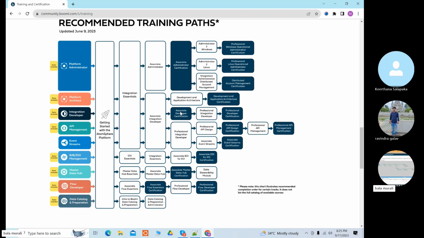Getting the certification is not important, but I'll assign you tasks. After completing the certification, I'll give you some tasks. In the tasks it will be critical for you. Daily you can do a maximum of, I think, one task. If you do it every day, that is good. When that time comes, we'll see. As of now, I will just explain you.